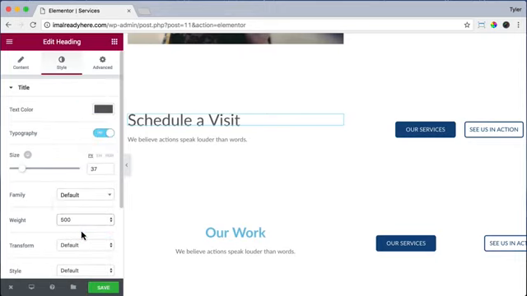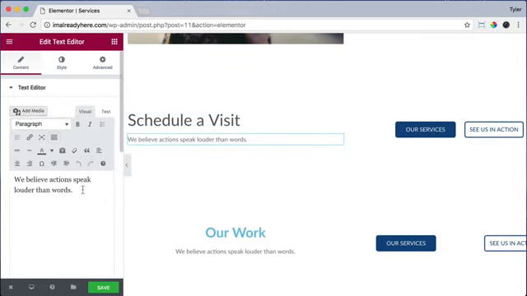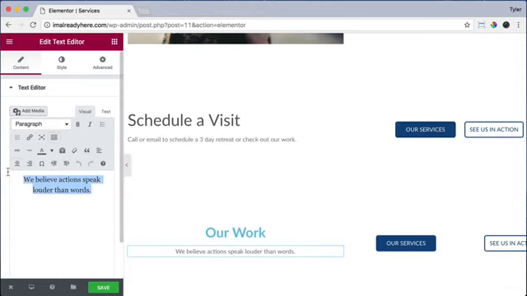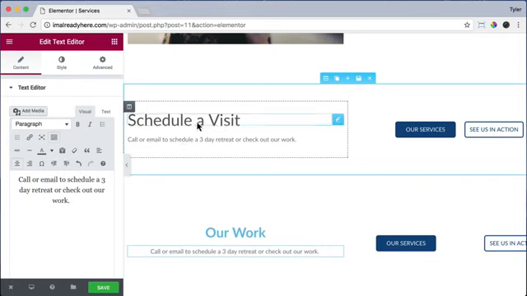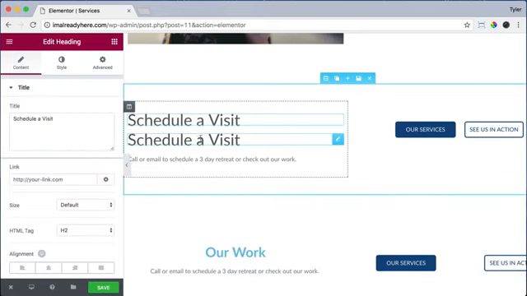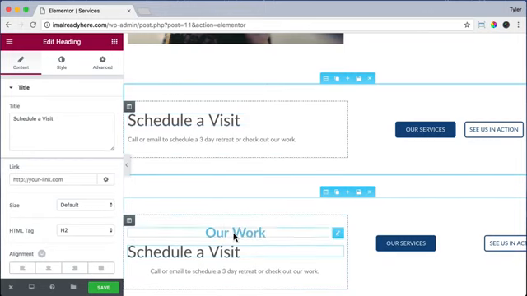And under it, we can edit the text by clicking on it and highlighting it and saying call or email to schedule a 3-day retreat or check out our work, or whatever you want, of course. We're just gonna copy that and paste it down here to this section. And we can actually duplicate the Schedule a Visit and just drag it down and center it and delete the